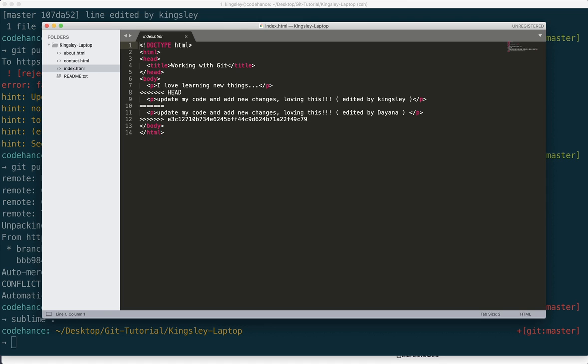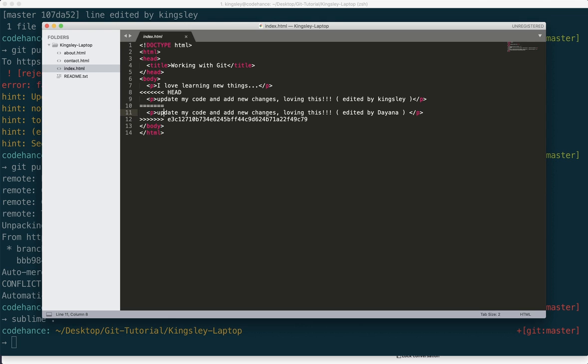So it says here the HEAD, which is my head, Kingsley's computer. It says we have these two changes. You see this here? This was put in there by Git, and this too. So it's saying my computer has that in there, but the one that has been pulled down has this in there. So which one of these two do I want to keep